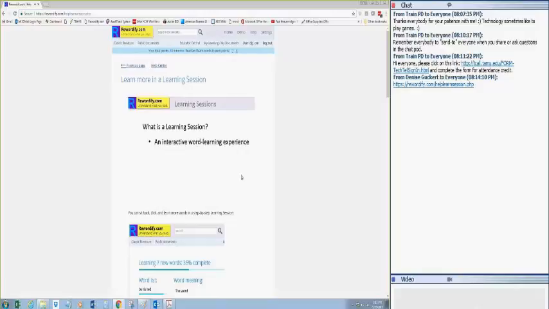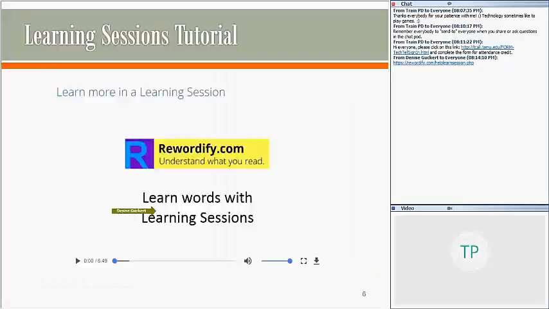It's an interactive word learning experience where you see new words, hear them, and spell them multiple times. It shows you how words are used in